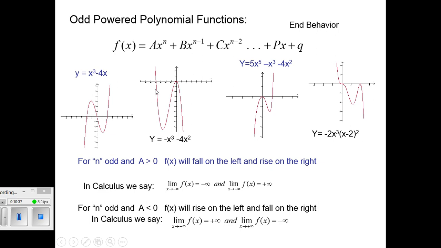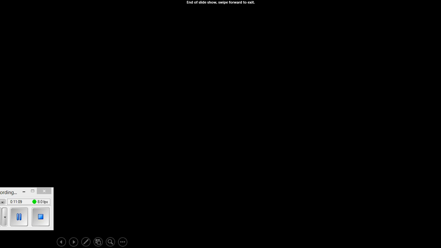Moving towards negative infinity, the left hand end behavior, it will continue to rise towards positive infinity. Moving on the odd powered polynomial function with lead-off term negative, as we move towards the right hand, towards positive infinity, the function will drop off, approaching negative infinity. That is how we categorize what we call the end behavior of the polynomials. Okay, and that does it for this